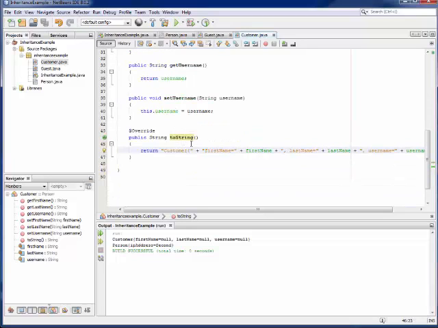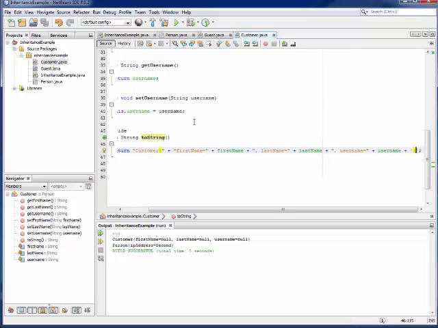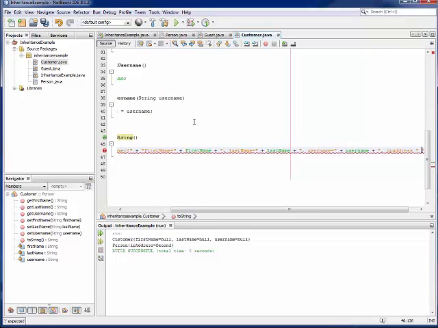So if I want to include the information on the IP address, I have to do that by hand. Not all of your code is going to be generated for you here. You're going to have to type a few things here. So I can come through here to the end, and I can say plus, comma, IP address, space quote, plus. I'm doing string concatenation here. So I'm using the plus sign to add in stuff. I'm taking my text, I'm adding in here the IP address, and then I'm going to do